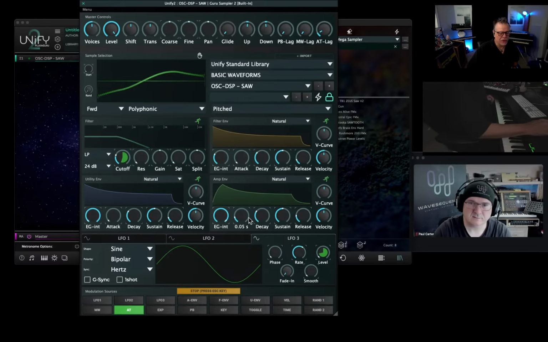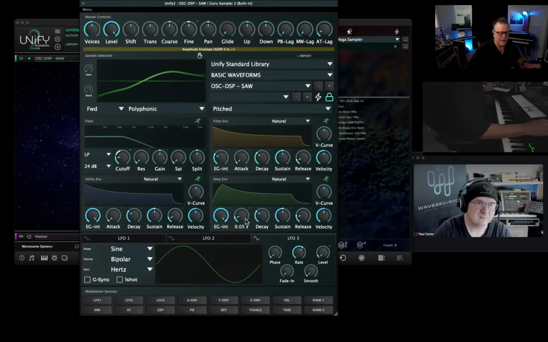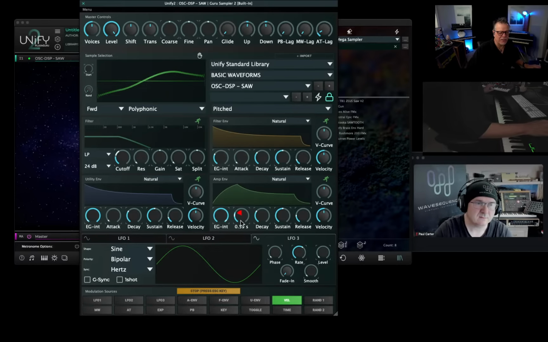And you can also do things to the attack. So let's say we have the attack be nice. Let's have it not use mod, but we're going to use velocity. I'm going to make it slow. And then I'm going to go over here to velocity, and I'm going to say, I want you to speed it up. So even the envelope parameters for the attack, decay, sustain can be modulated by any of the things you see